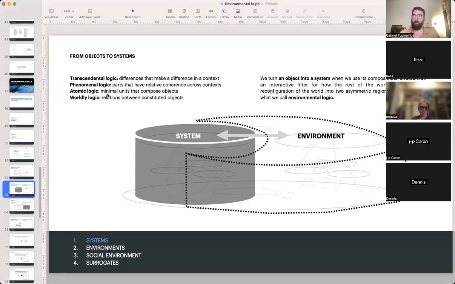So what we're first trying to do is to ask, what do you need to add to the theory of objects and objects relating to one another to turn objects into systems? And we're going to try to do this in a way that follows Bogdanov's theory of systems. Meaning a system is necessarily the counterpart of an environment. If you want to remove environments and have systems which are closed, you're actually describing a system with no environment or something like that. But then that's a special case, right? So the thing we want to do is to understand what needs to happen so we can move from this description here from the previous page,